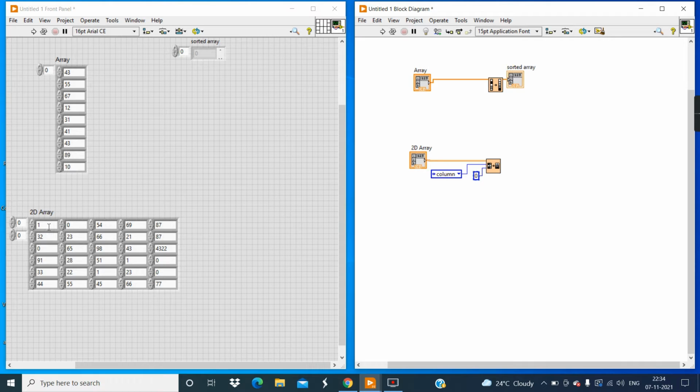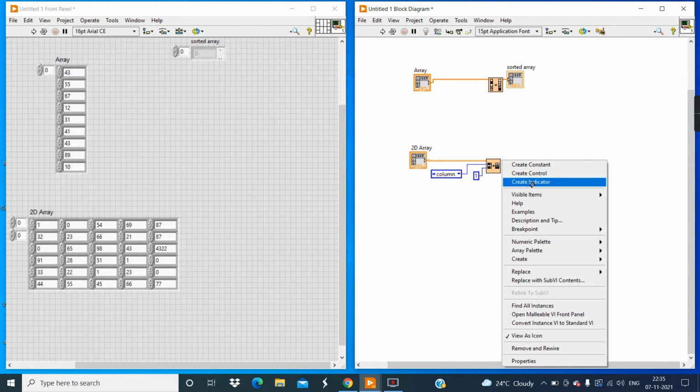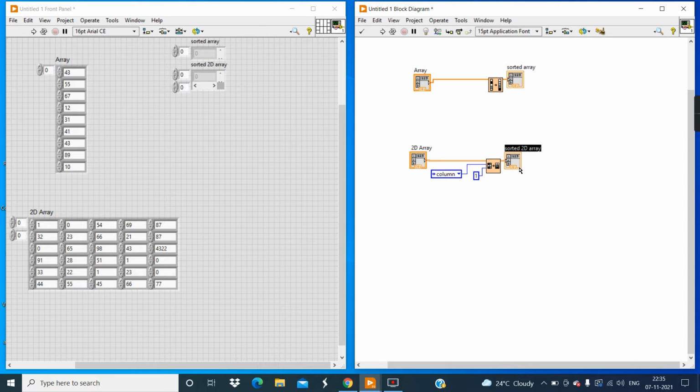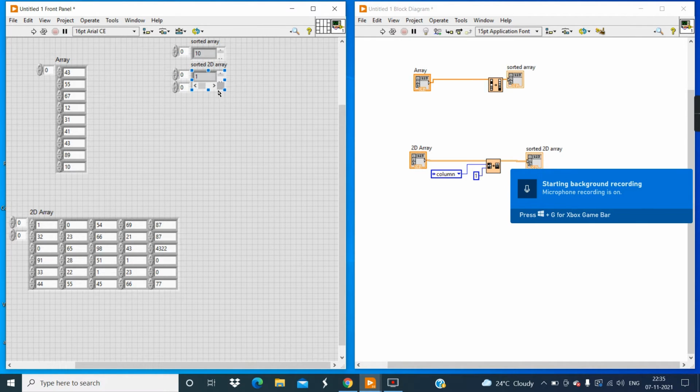So column 0 is 132, 0, 91, and column number 1 is 0, 23, 65. So enter 1 and simply create an indicator. And then click on the run button. So it ran successfully.